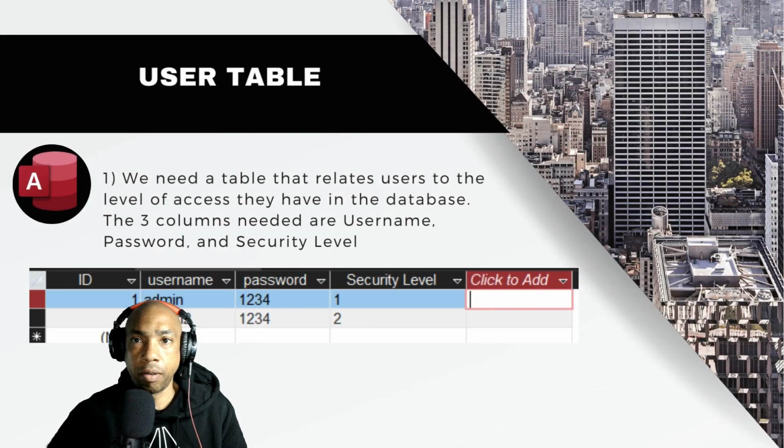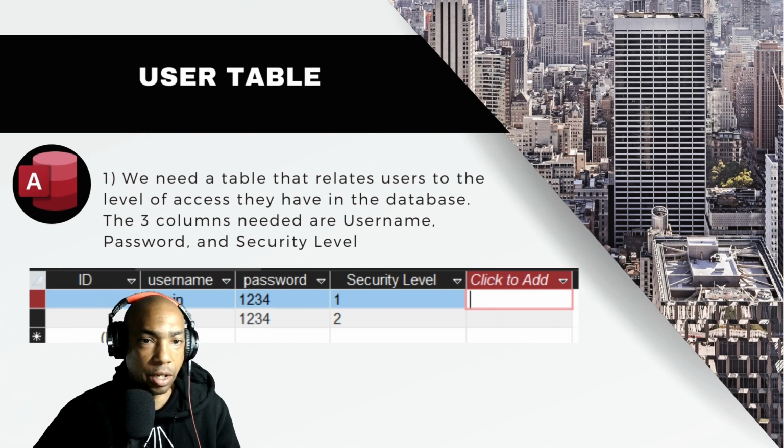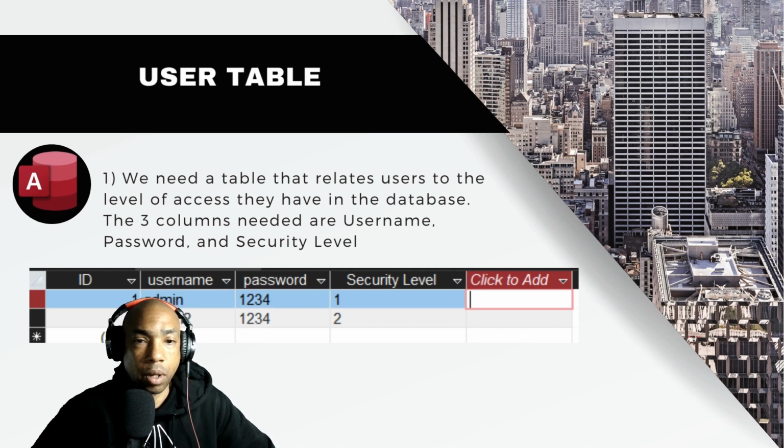And so in order for this to work, once again, we're going to need that table that relates users to the level of access that they have in the system. And this could be used a variety of different ways. Also, for this to work, we are going to need